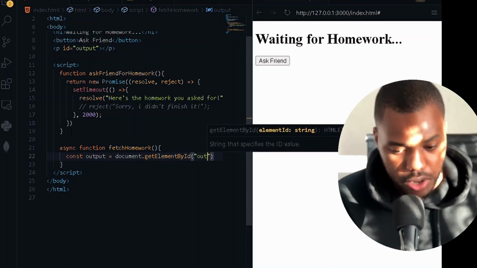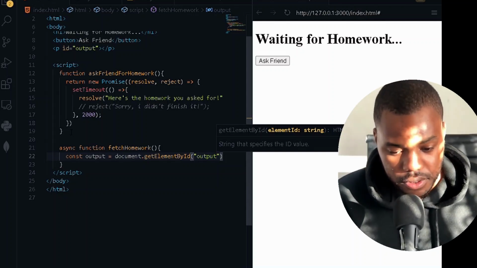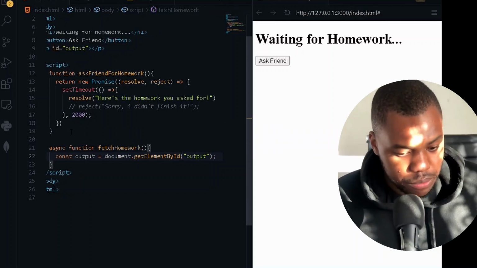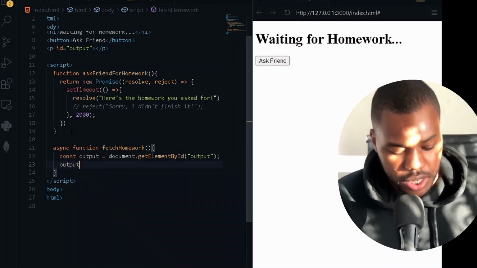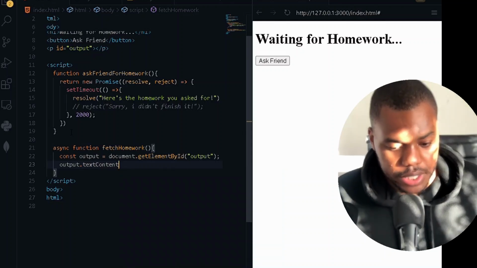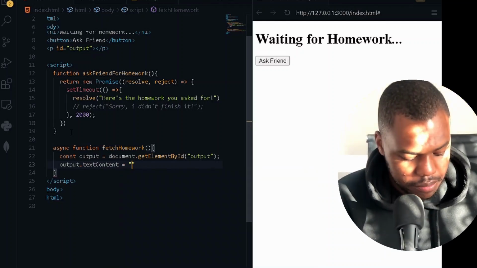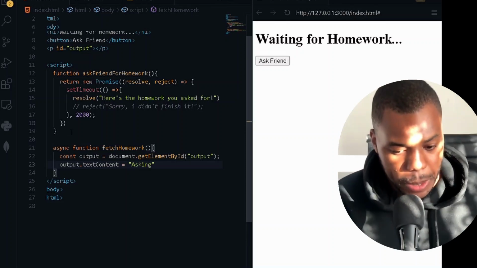Remember? Output. Just like this. It's perfect. Right, so what are we doing with this output? We're going to get the output, and we're going to implement some text content into it, and we're going to add that we are asking our friend